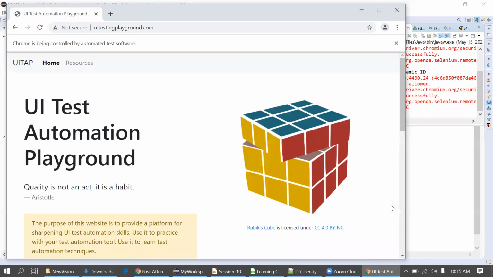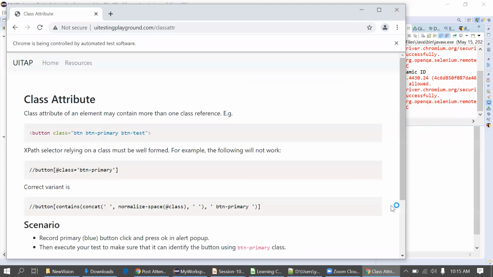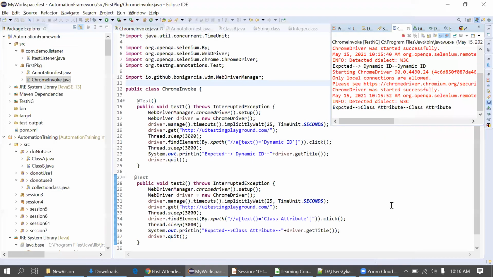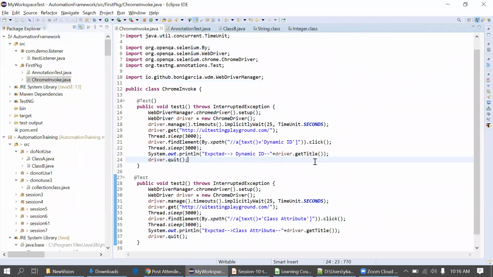But suppose the requirement is that we have to execute these test cases in parallel to reduce the time, because our machine has good capacity to open multiple browsers and execute the test cases. So we can simply use the concept of parallel testing with TestNG.